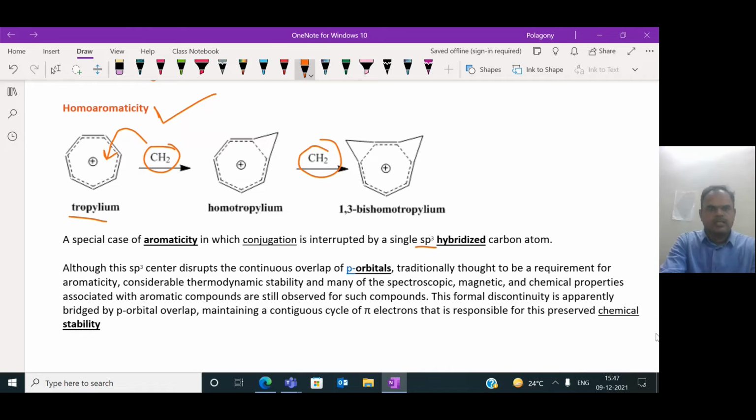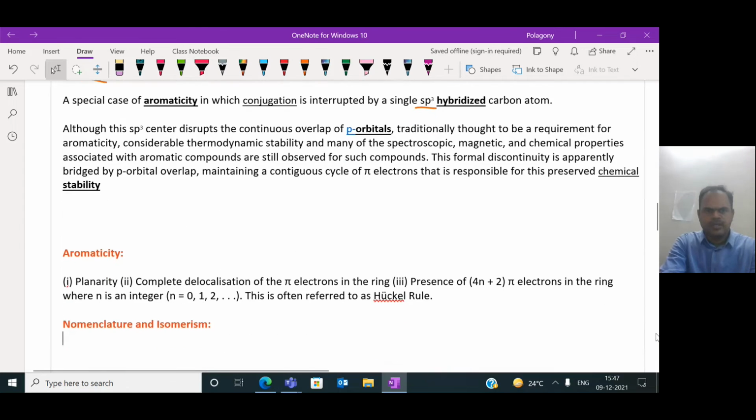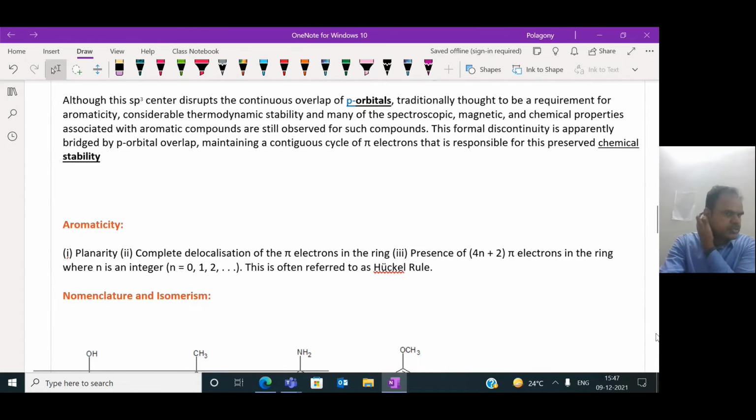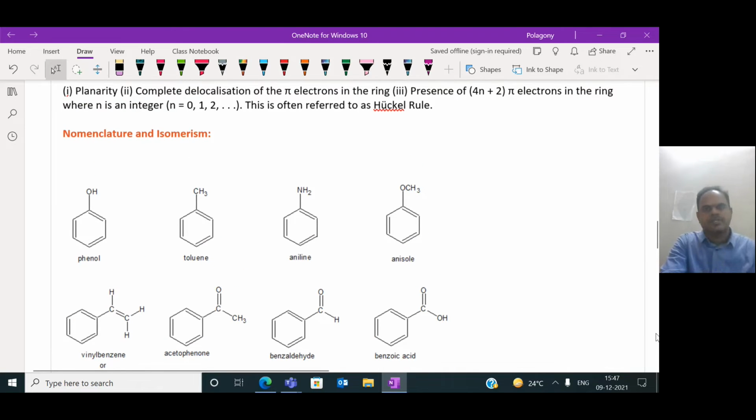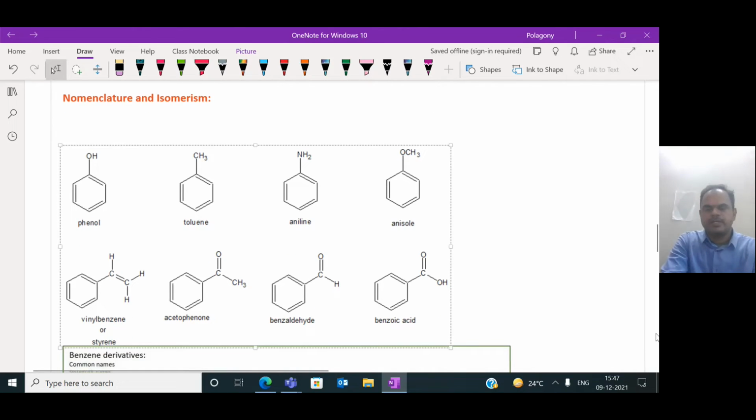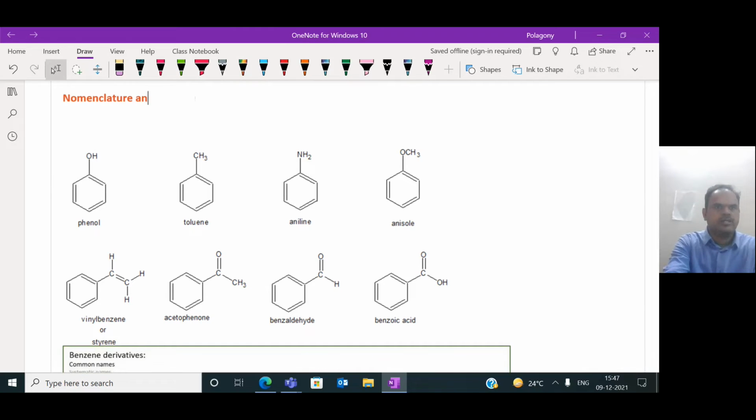Okay, so this is about the aromaticity of the molecules, and these molecules are more stable. Now we come to the discussion about the nomenclature of these aromatic compounds. So what nomenclature do we follow? For the aromatic compounds, the nomenclature generally,